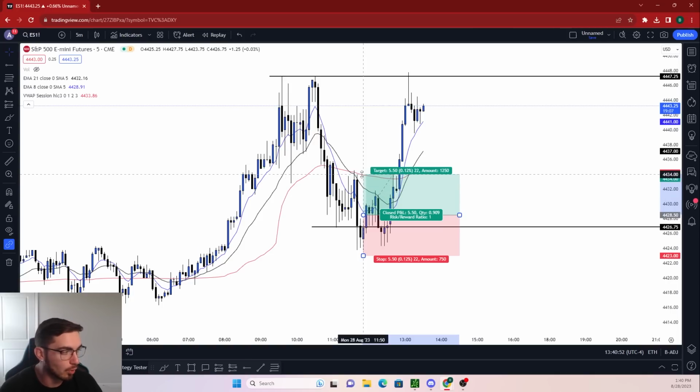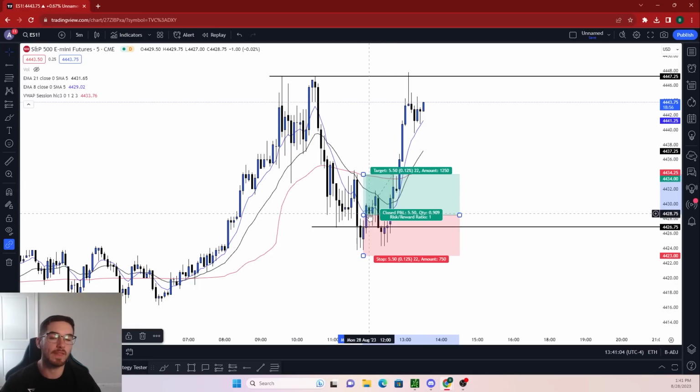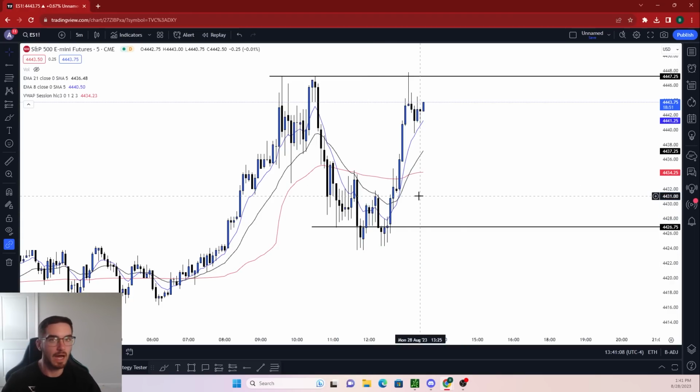So if I were to go long on this trade, the 1-to-1 risk to reward would have been at VWAP. So that would ideally be my first take profit zone at VWAP if we were to get long right here. Again, you want to at least be looking for that 1-to-1 risk to reward. Now, if price action itself is saying get out of the trade, then obviously you want to get out of